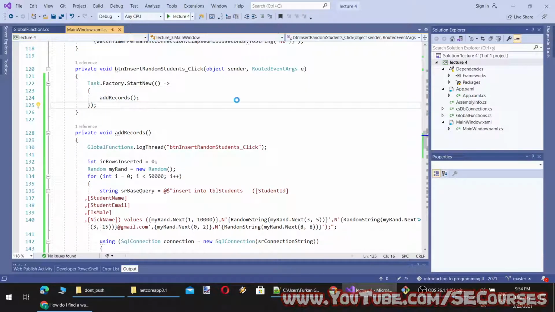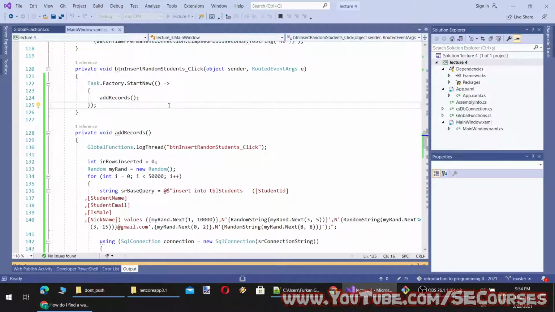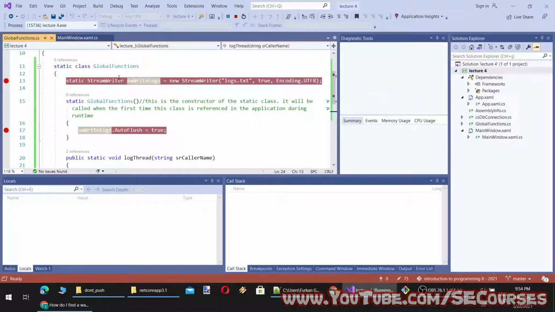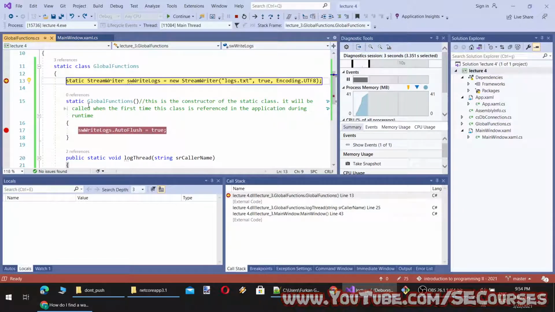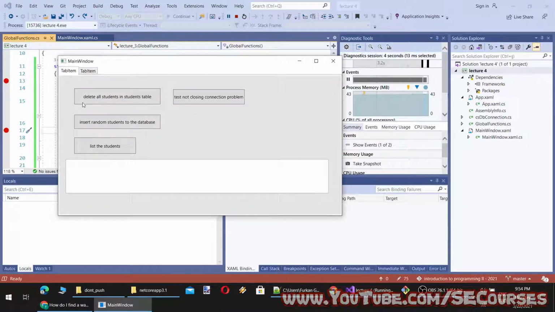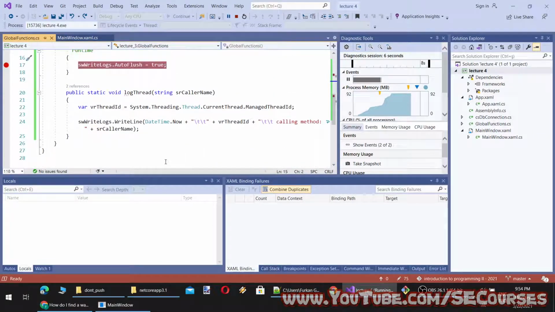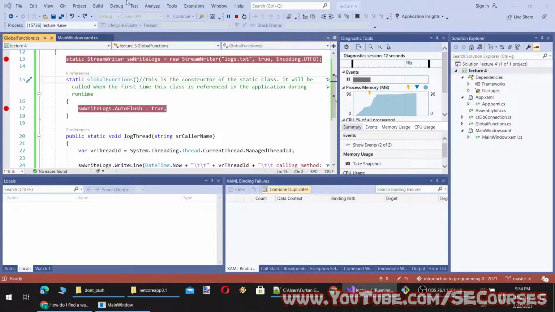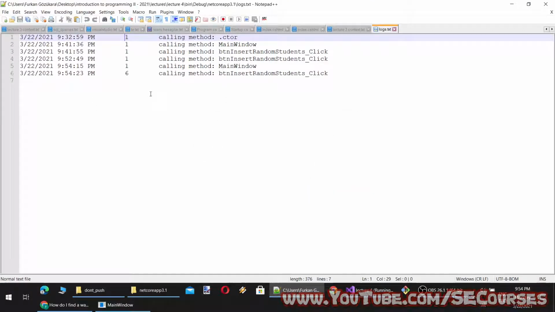We will see that. By the way, if you have noticed, after the first-time initialization, these are not executed again. Okay, this is the first-time initialization, and then when we click another button, you see they are not called anymore. However, they are written here. So you see now the thread ID is different. They are not running in the same managed thread anymore.